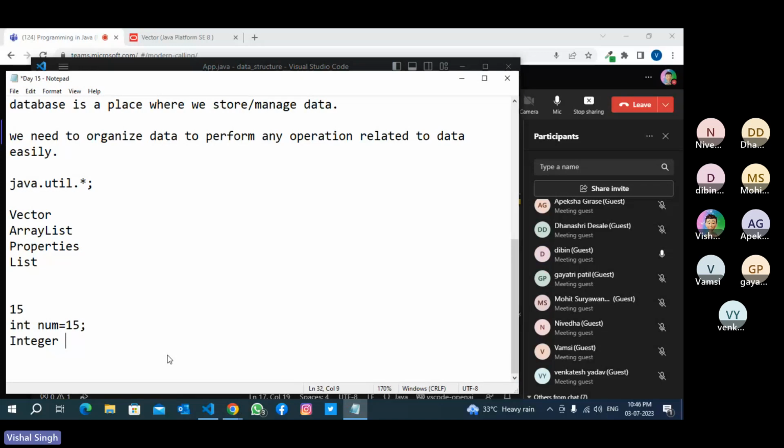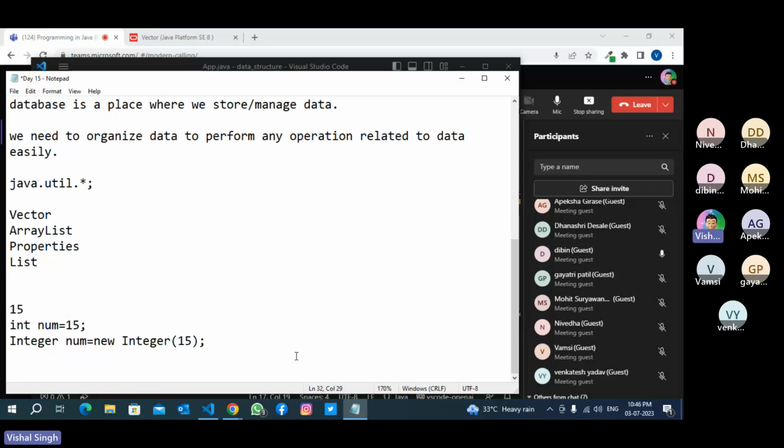Integer num equal to new Integer 15. This is also okay. If you print num, it will print 15. Means this 15 is a normal value and this 15 is an integer object because Integer is a class in Java.